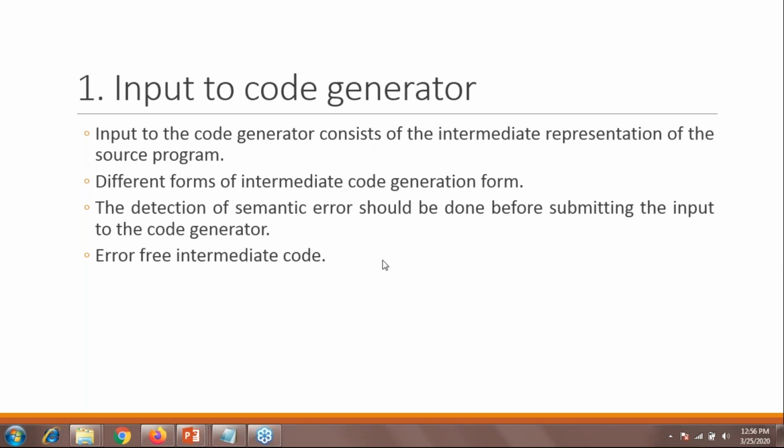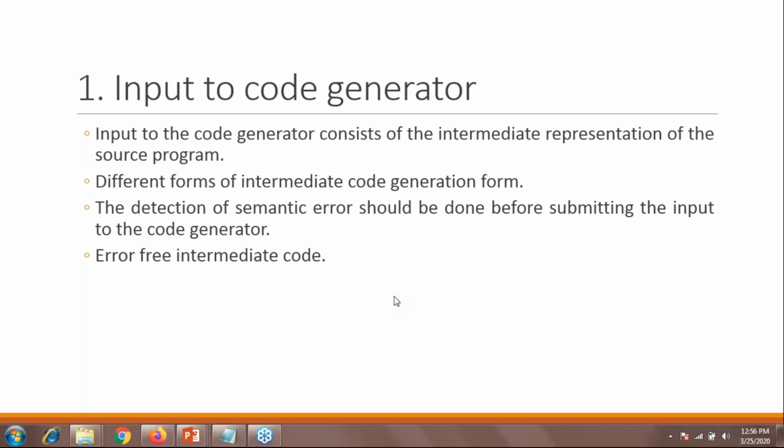The detection of semantic errors, right? So the work of your semantic analyzer, as we have discussed in our sessions, is that detection of semantic errors should be done before submitting the input to the code generator, right? Why do we need to resolve that type of semantic errors?